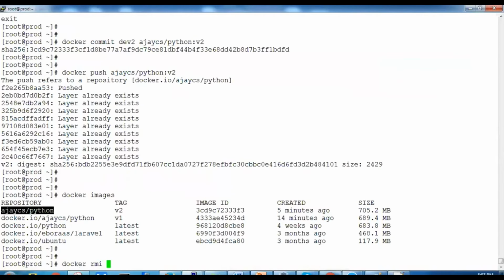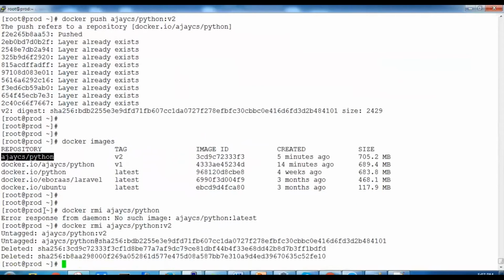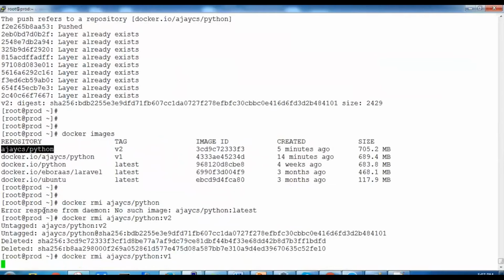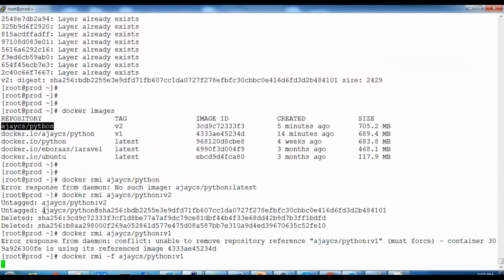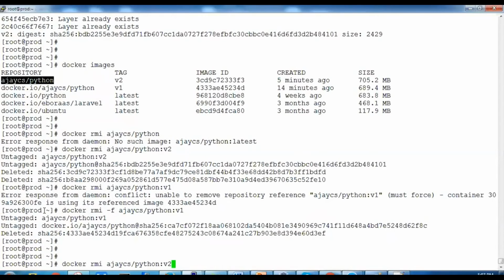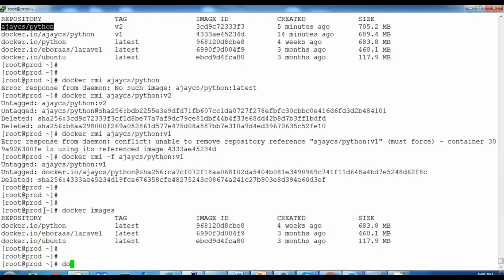So we want to remove v2. So what does it say? Error, because we need to add the version as well. So v2. It will remove v1. Someone is using it, so let's try using -f. So it says removed.